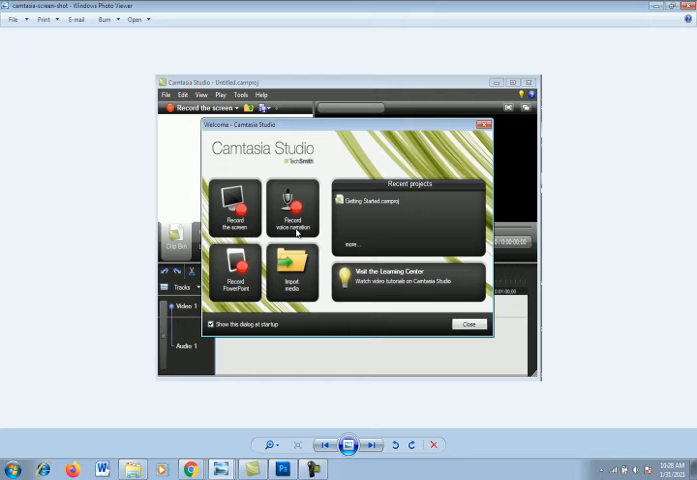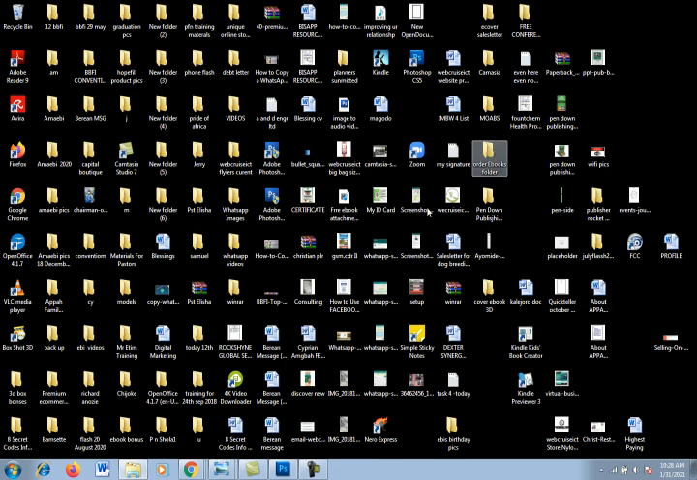You can use it for voiceovers and the rest of it. You could record PowerPoint presentations, and you can also import and edit videos or audios. So with that said and done, let's look at how you can actually start using Camtasia software